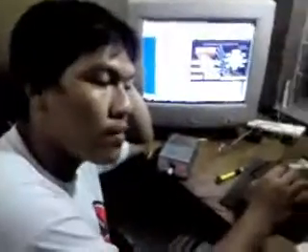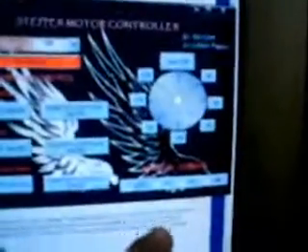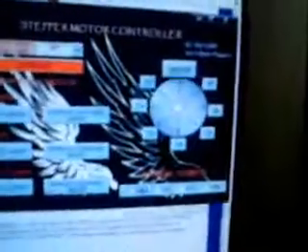Here we use four pins of the parallel port, so in total we have 2 to the power of 4, about 16 different code combinations you can experiment with. Here, I put a manual control system, so you can manually give signals to the stepper motor.